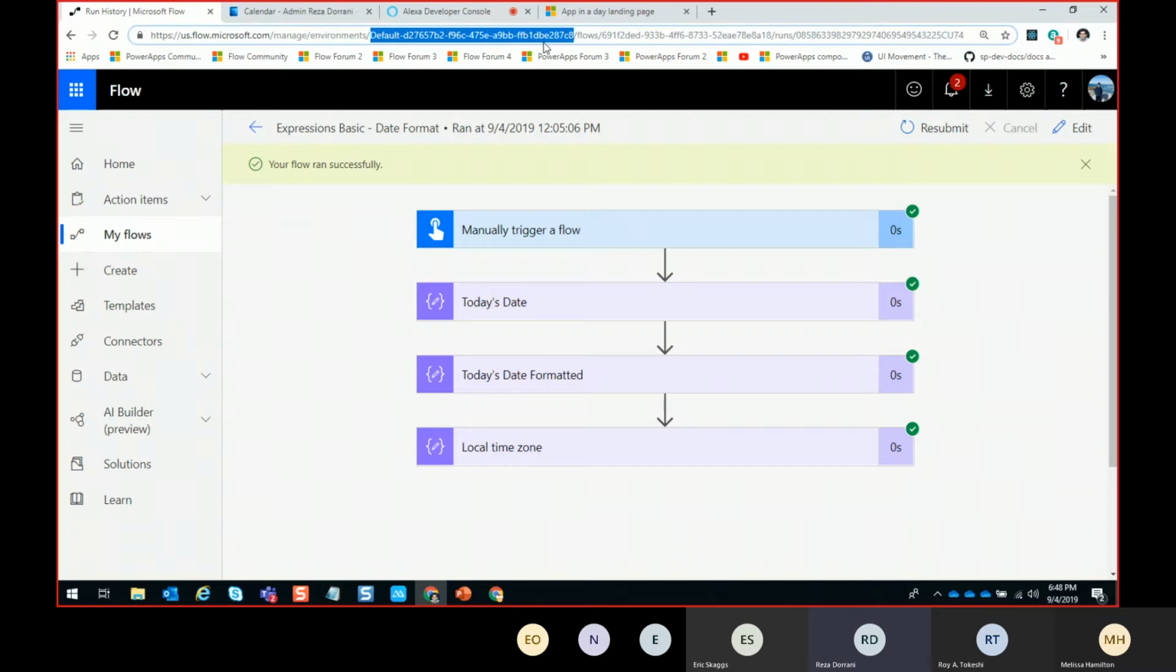This is a link to the environment wherein I'm creating my flows. This is always going to remain the same as long as you're building your flows on the same environment. Flows slash this ID is the unique ID of your Microsoft flow, which again, once you build a flow, a unique GUID gets associated with it. So this is not going to change. And this is the number that's randomly generated, that's associated